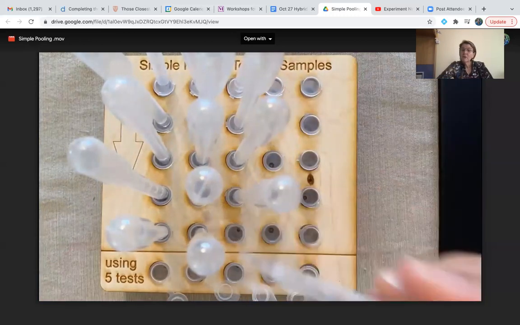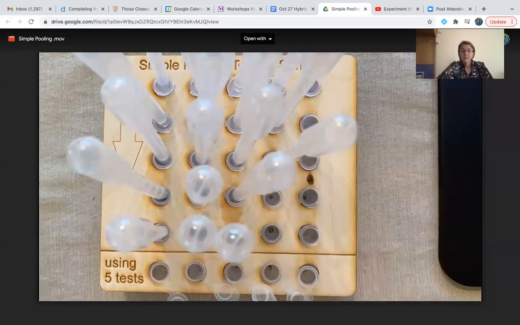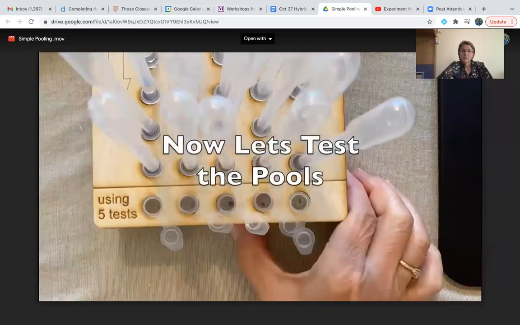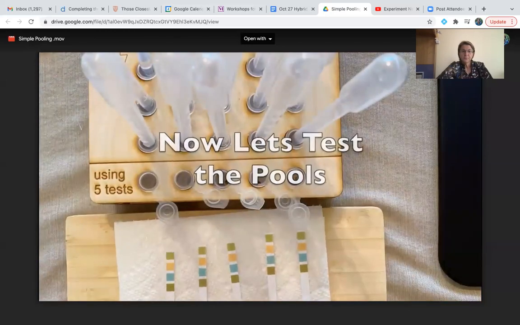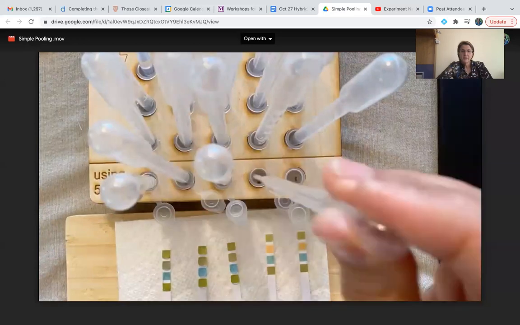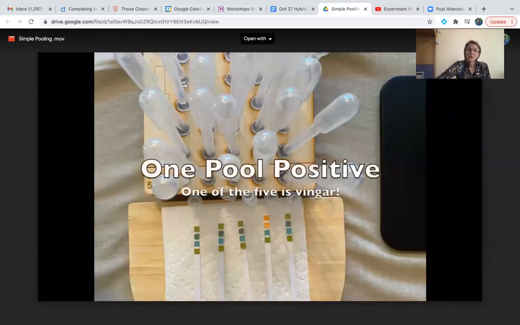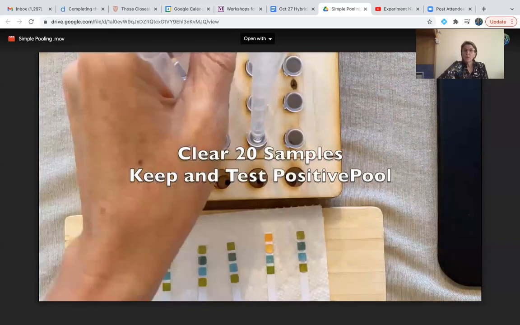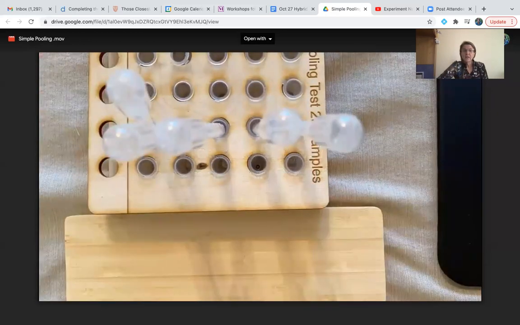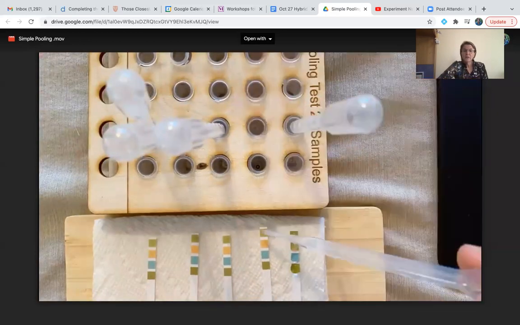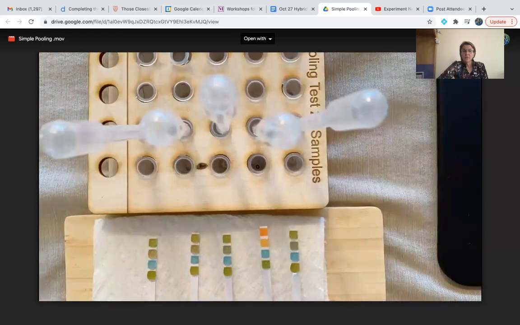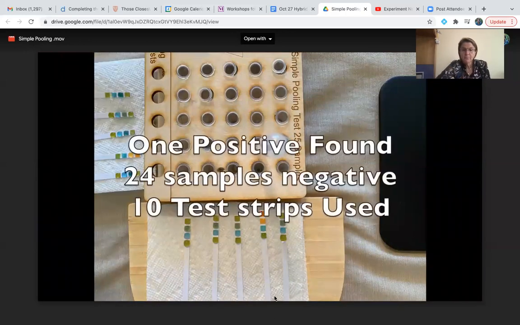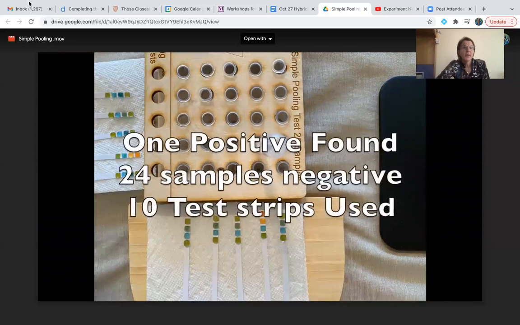So she's putting 5 in a group. And then she'll test the pooled samples. She sped up the video so that we can see that 4 of the pooled samples came out clean. So we can get rid of 20 of our candidates, and then we'll go back and test each of the group members individually. So we can find the one sample that was positive, and we just saved ourselves from having to